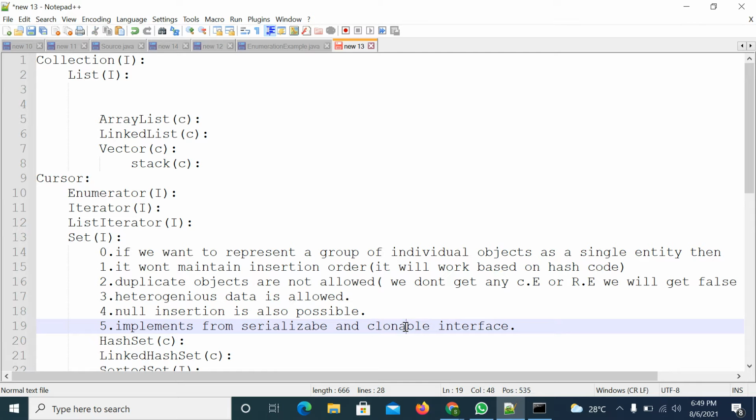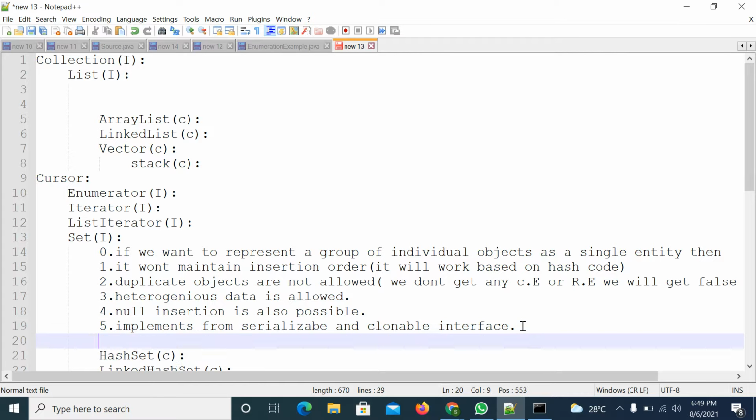So heterogeneous objects are allowed, and duplicate data is not allowed. Inserting is based on the hash code; at the back end it is implemented using a data structure, which is the hash table.